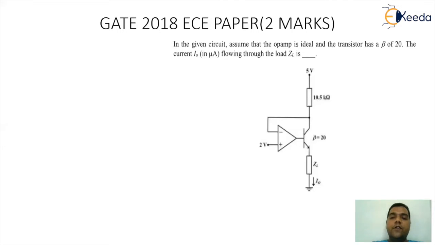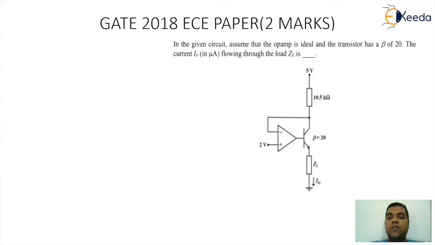So for this, we need to have a small understanding regarding the op-amp. Op-amp is having 2 terminals of input, a plus terminal notified as V plus and a minus terminal notified as V minus. These 2 terminals are the input terminals of the op-amp. It has a single output terminal, that is your VO terminal. Now, when I go for a logic of op-amp which is under ideal behavior, the potential of the plus terminal is as good as the potential of the minus terminal.